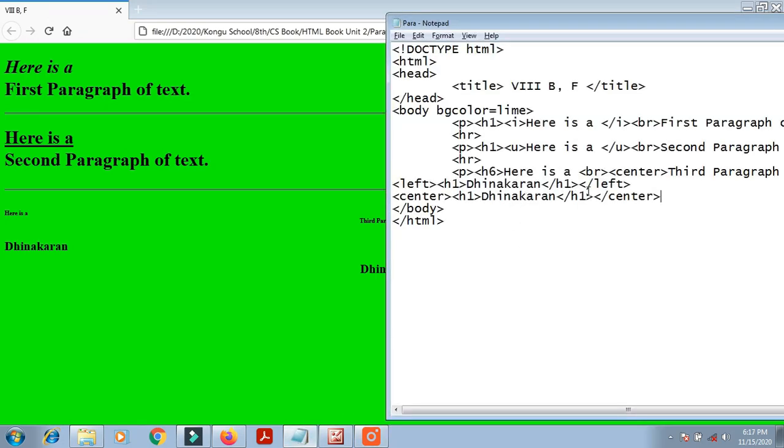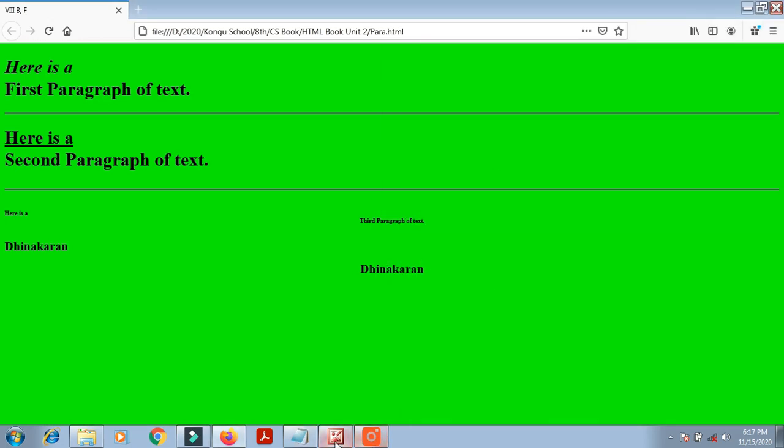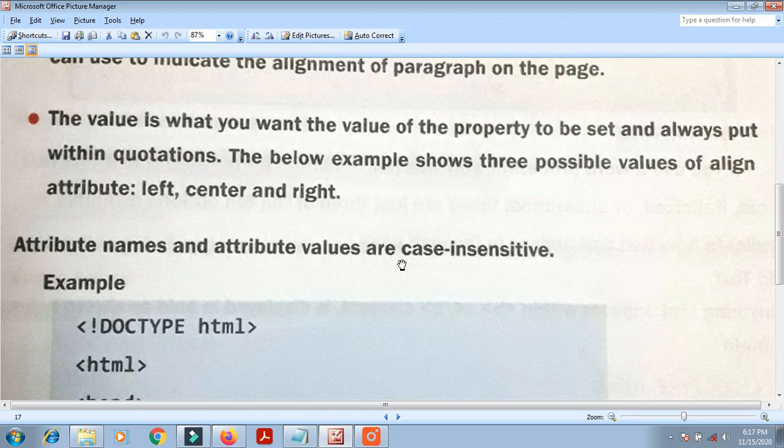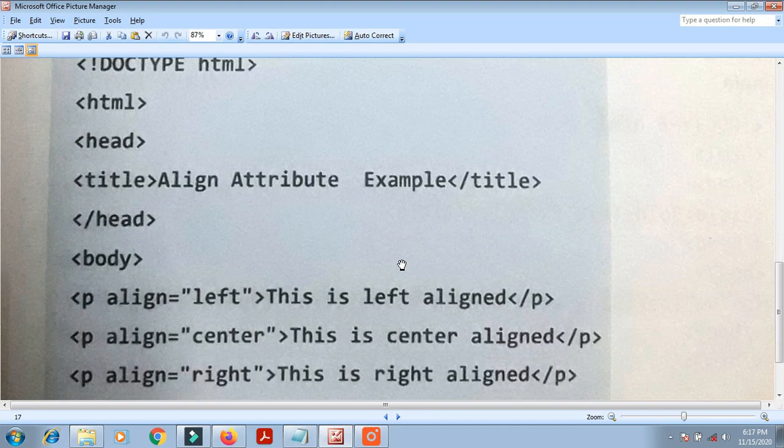Here I mentioned left and center alignment, but sometimes the right alignment will not work. So for the correct coding I will give you the right alignment. The center alignment and the left alignment are working. This is called alignment of the tags.